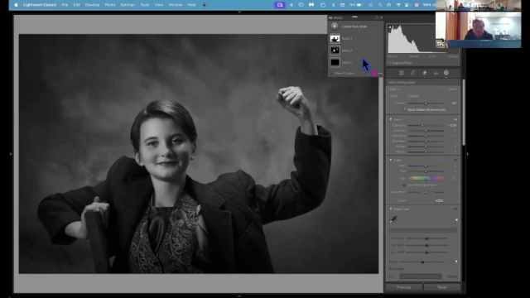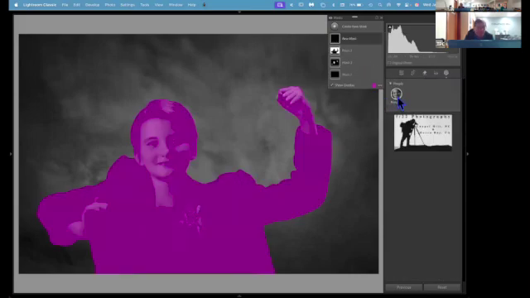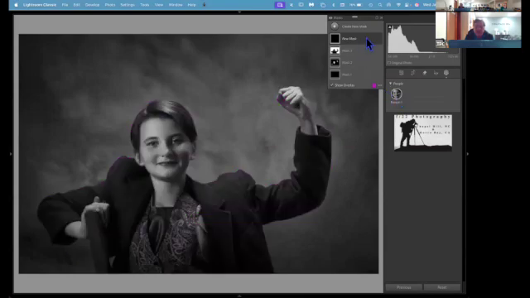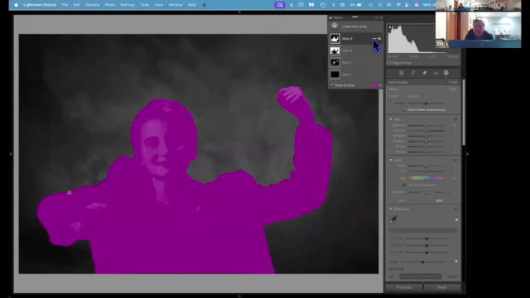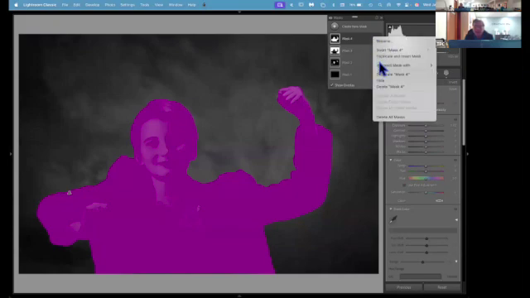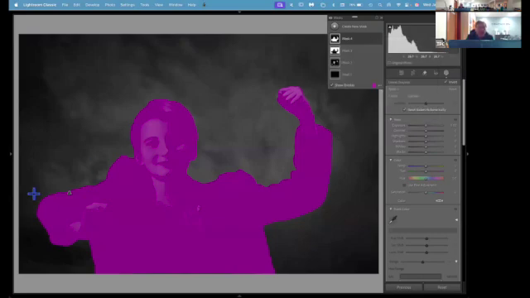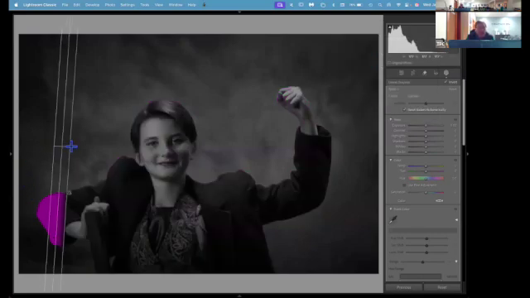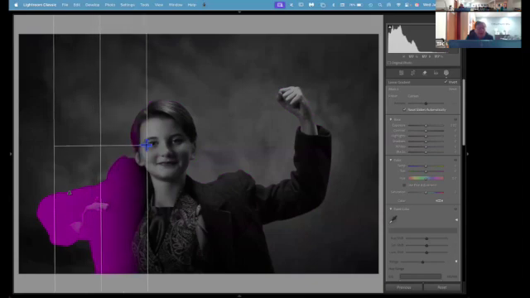So now we're going to create another mask, and I'm going to select the person, which is now the entire person. Create the mask, and now what I want to do is intersect that mask with a linear gradient. Okay, and I want this linear gradient to come in from this side. Now see, as I'm drawing that across,